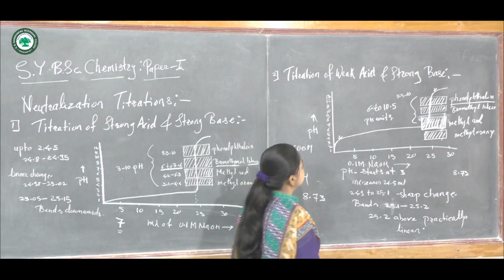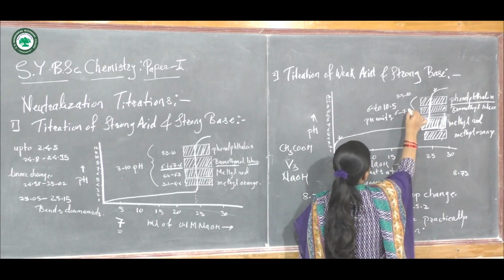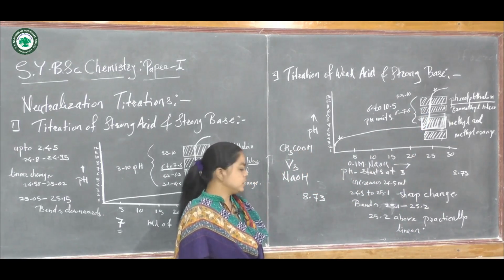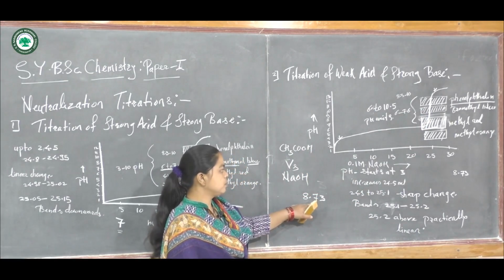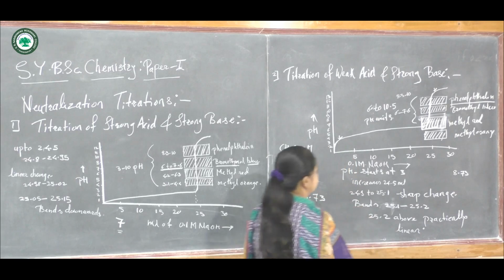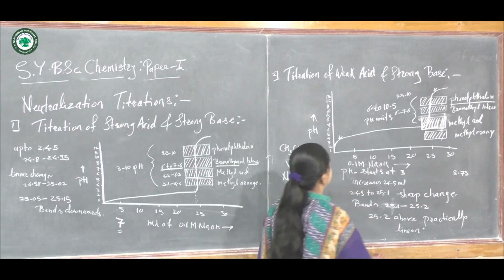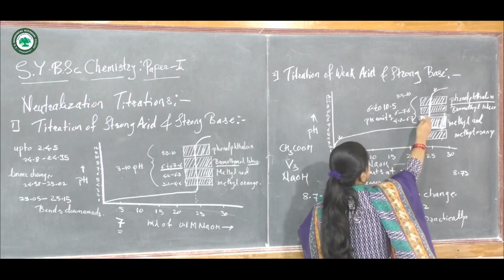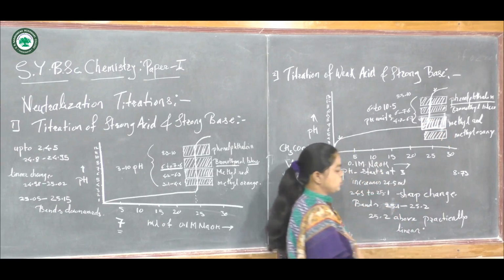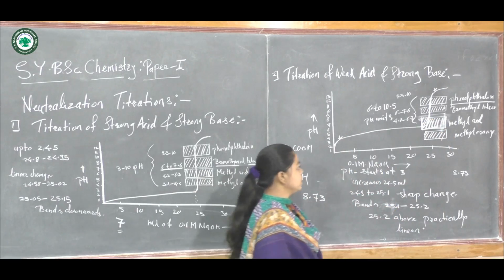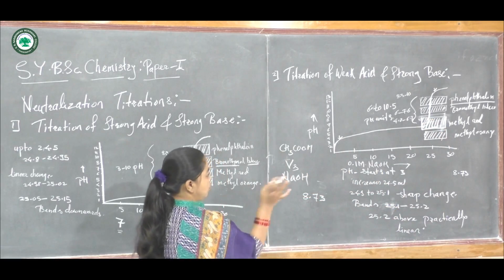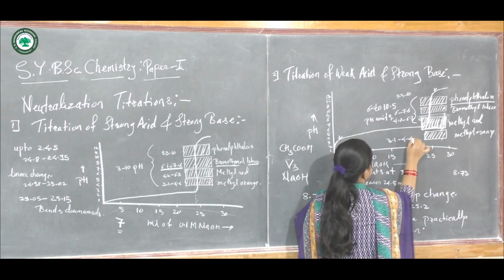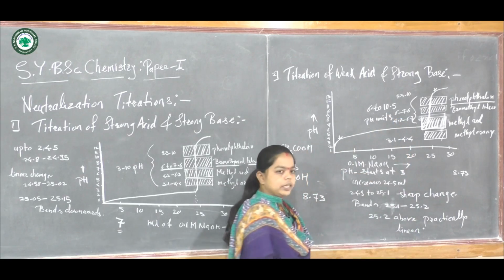Bromothymol blue has the range 6 to 7.6. So it is within the pH range of the endpoint, but the exact pH value is different from this value. And methyl red has the pH range 4.2 to 6.3. So it is again different. So only a very small part of this transition range is included for the endpoint. And the last one, methyl orange, is out of this curve. It shows the pH 3.1 to 4.1. So it is not included in this pH range.